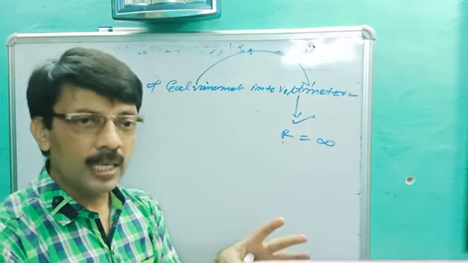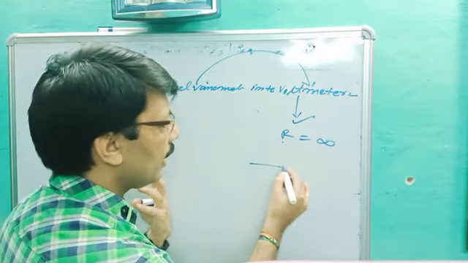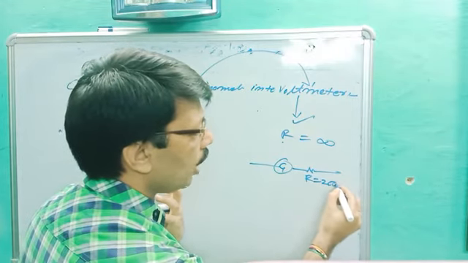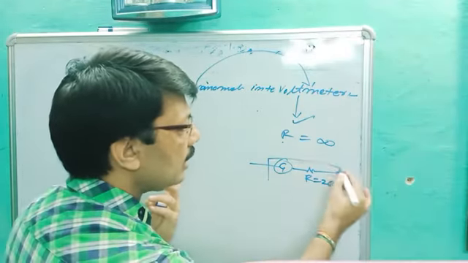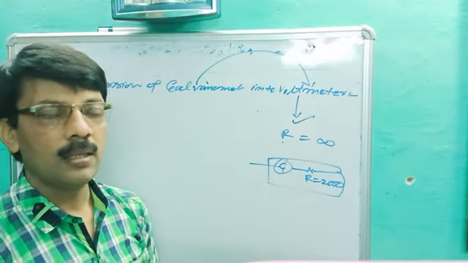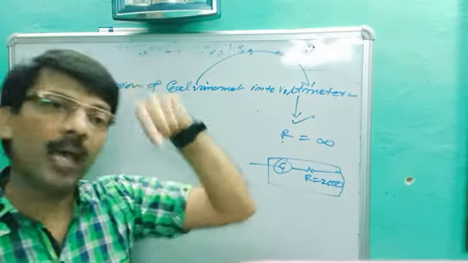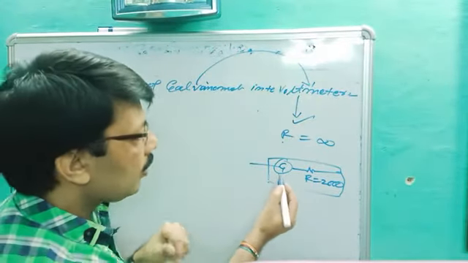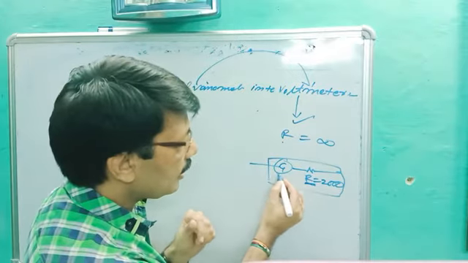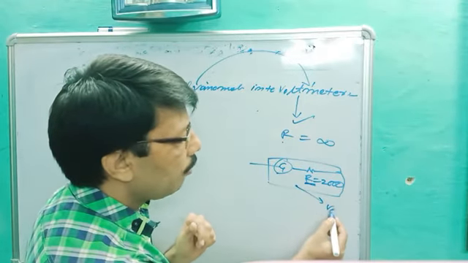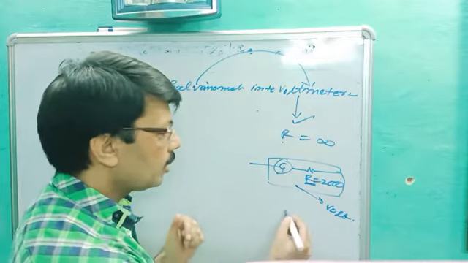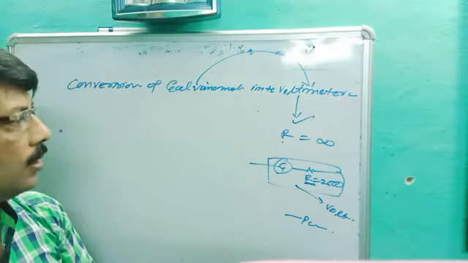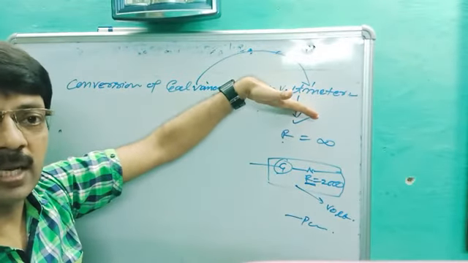So it means we need to increase the resistance, so it should be connected in series. So if we connect a heavier resistance, R more than 2000 ohm, in series with the galvanometer, see there, in the earlier case we connected in parallel, which means resistance decreases. Here we need to increase the resistance. That's why if a higher resistance wire is connected in series with a galvanometer, then it becomes a voltmeter and it should be connected in parallel in the circuit.